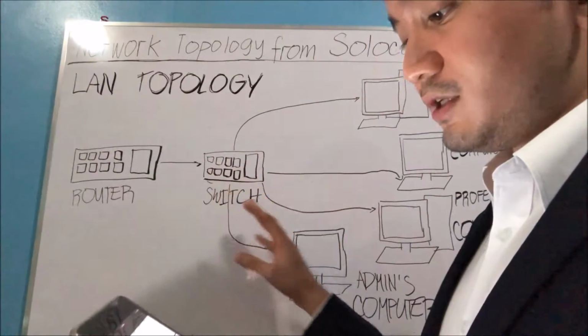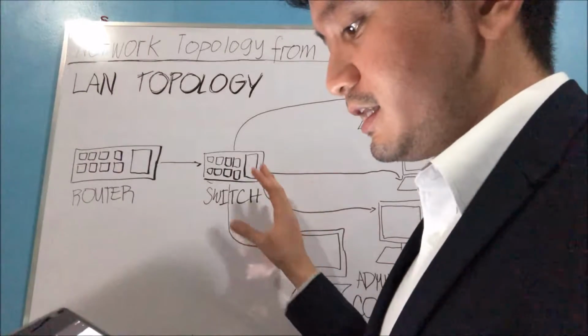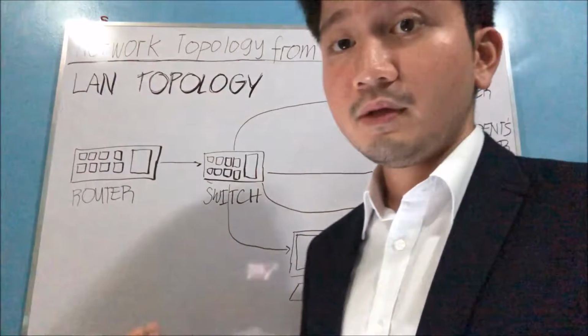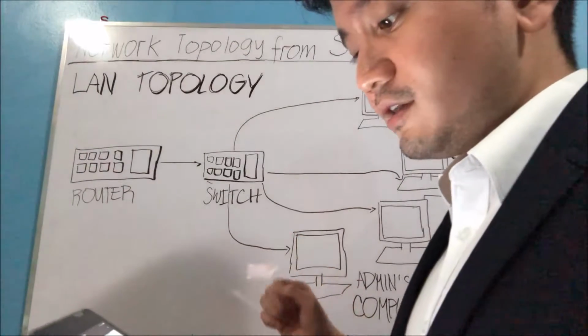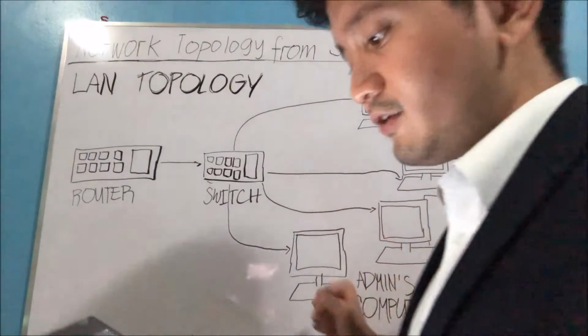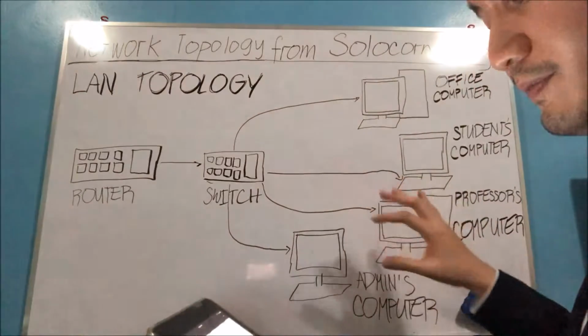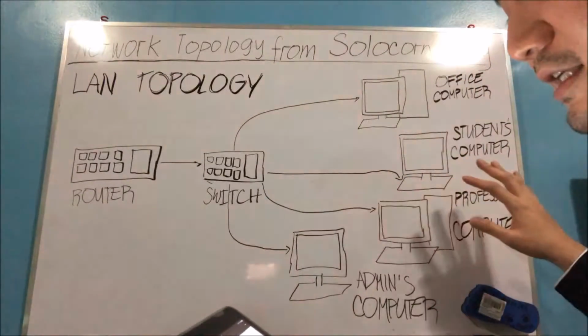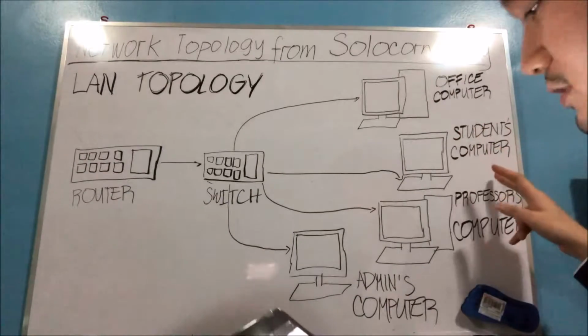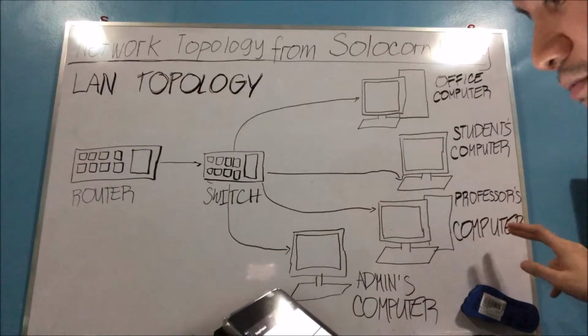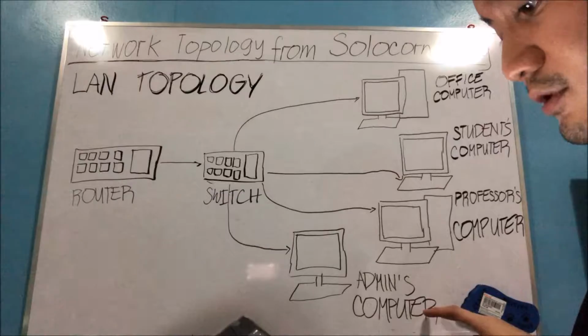This distribution switch would be placed on every floor of the Roque Roaño building, and the switch can be used to increase the number of end devices that can connect to the LAN network. Our end devices will include an office computer, student's computer, professor's computer, and the admin's computer, depending